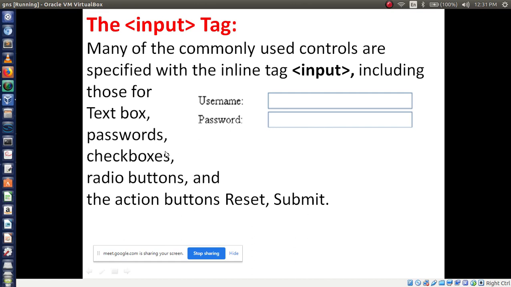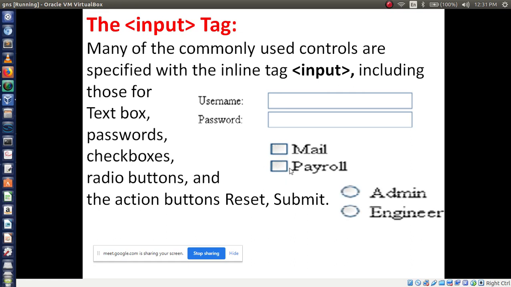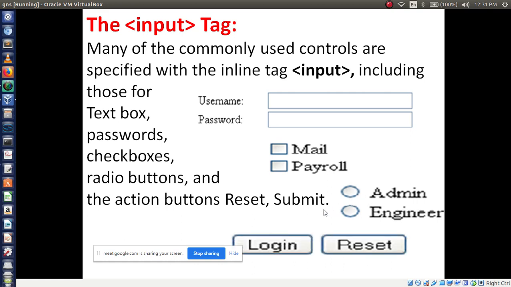Then checkbox, this is called a checkbox, the square box. Then these are radio buttons, the round shape buttons, so they are called radio buttons. And the action buttons, that is submit and reset, or login or reset, these are all action buttons.